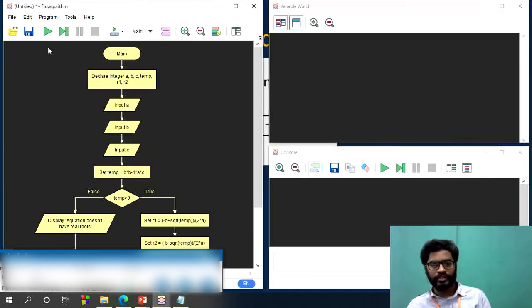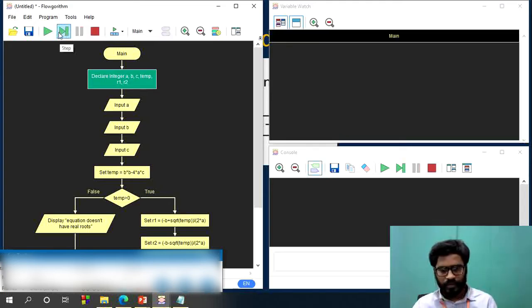So execute this. If you click this button, the whole program will execute at one time. If you want to give a stop between the statements, you can use this symbol, step-by-step execution. If you click this button, all the steps will be executed without halt. But if you choose this option, this button, you can give a break in between steps. So this is the first step.